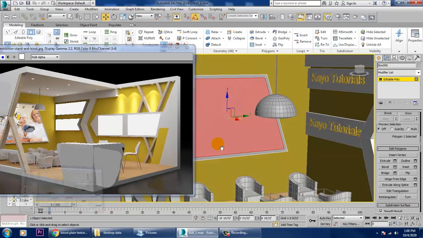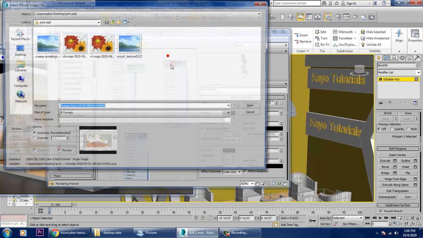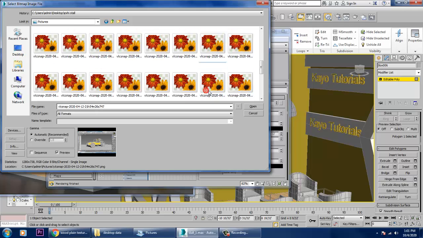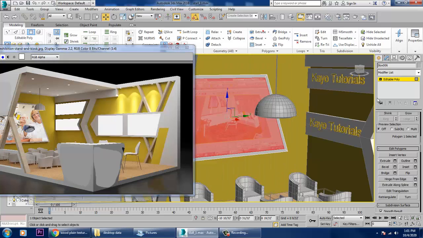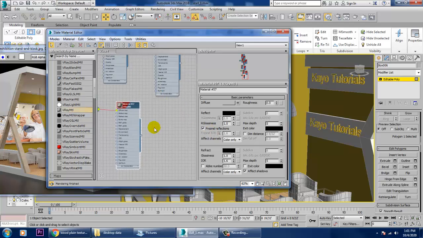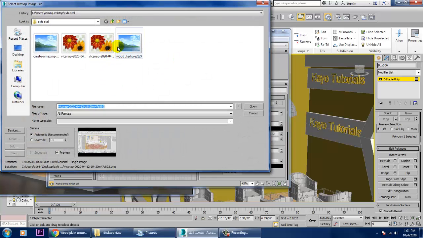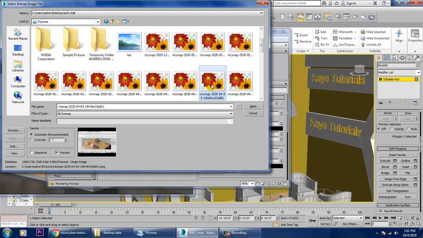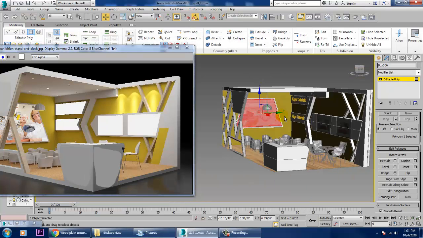Again go into material editor, Vray material, diffuse, bitmap. You can take any of the references and assign it. Take a Vray material, bitmap, take any of the references and just assign the texture on top of it. So once you're done,